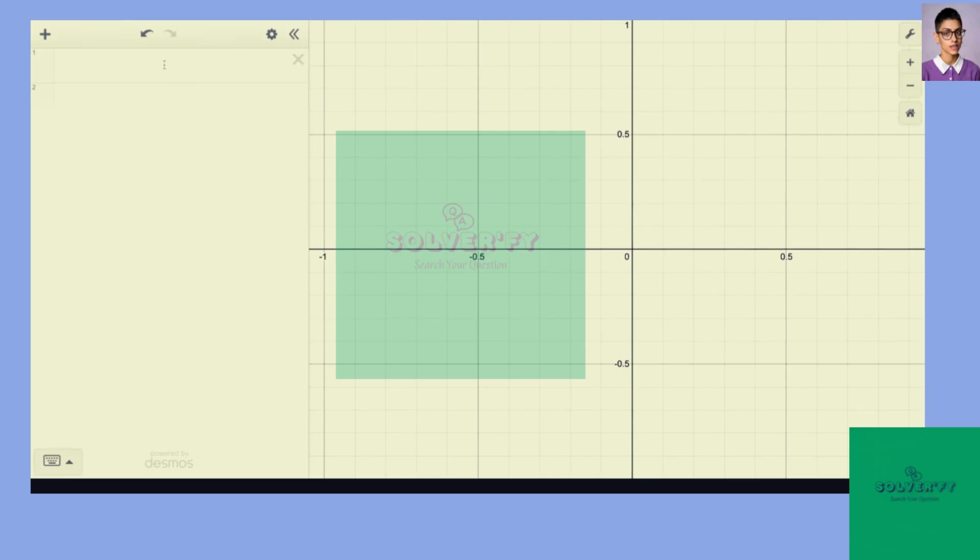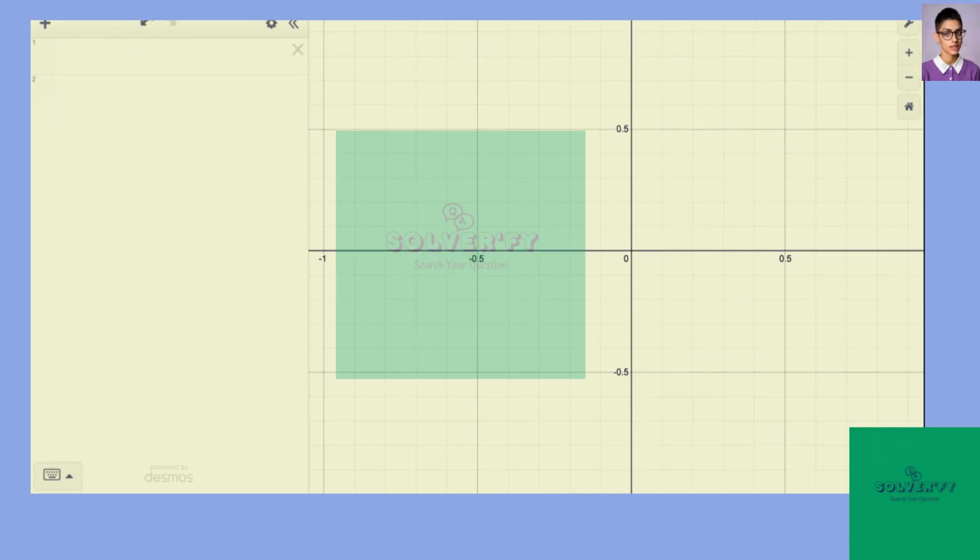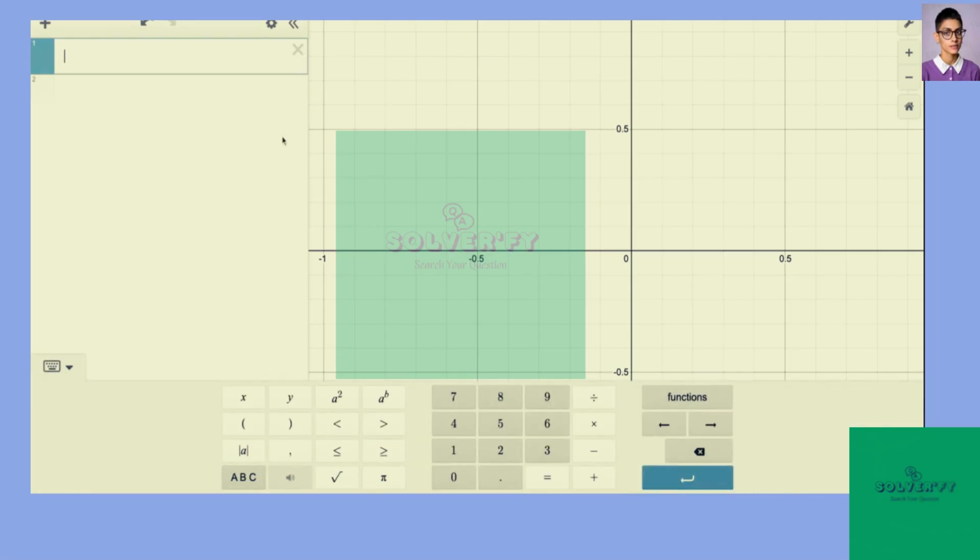So for this problem, we want to determine the possible number of telephone numbers. So let's start with the country code. We know the country code can't start with 0, but we do know that there are 10 digits. So it can't start with 0, so that's going to give us 9 possibilities times 10 possibilities times another 10 possibilities. So there are 900 possible